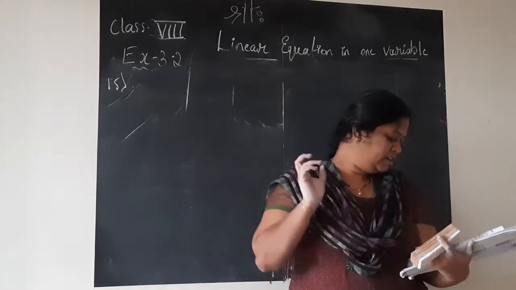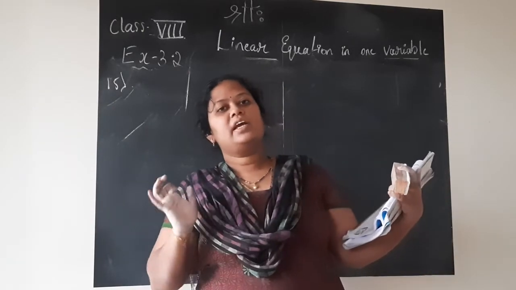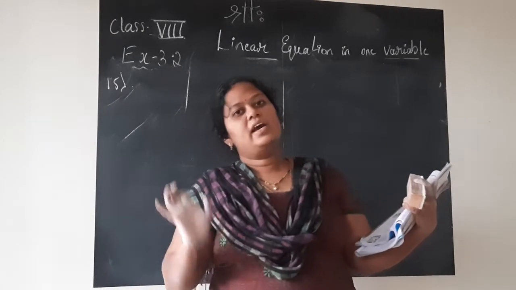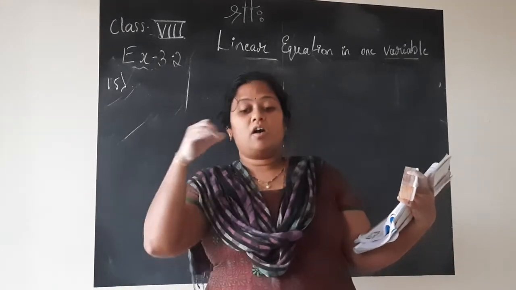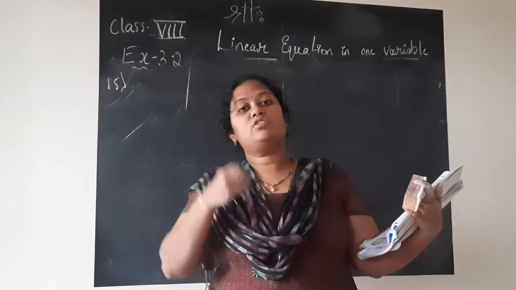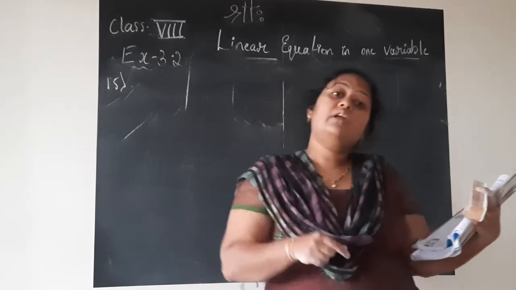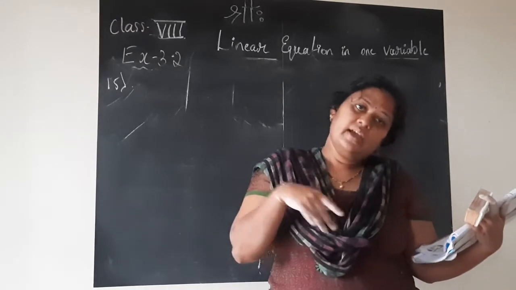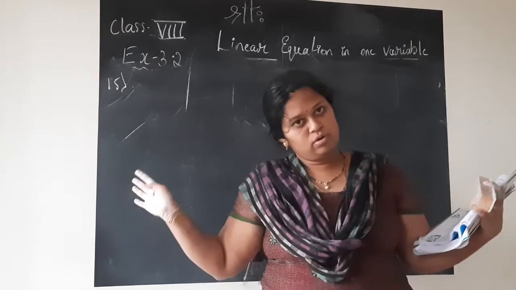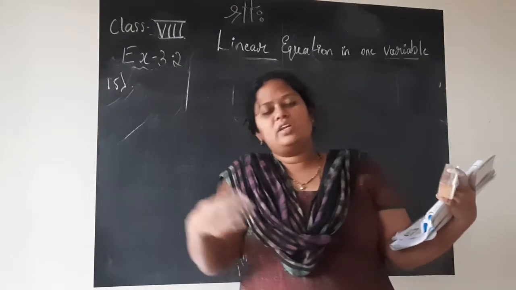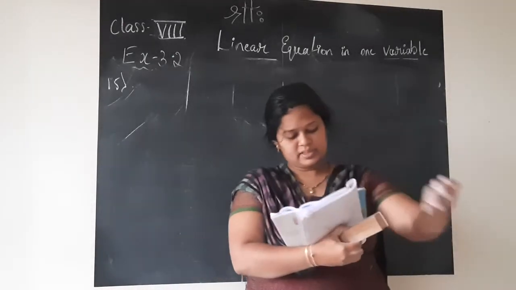This fellow is ridiculous. Children, he is telling that I have a piggy bank in which I have 300 rupees. And 300 rupees I got by collecting coins and not by notes. Which all rupee coins does it consist of? 1 rupee coin, 2 rupee coin, 5 rupee coin he has added in. Totally 160 coins are there. But how many 1 rupee, 2 rupee, 5 rupee coins, he doesn't know. He is asking us to help him. So let us help him. We are good in mathematics, no? So let us help him.